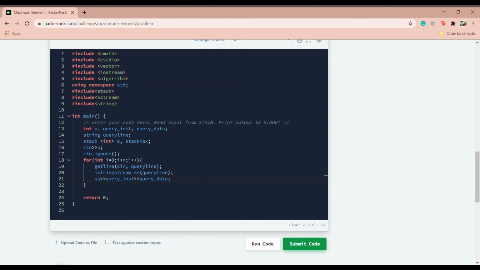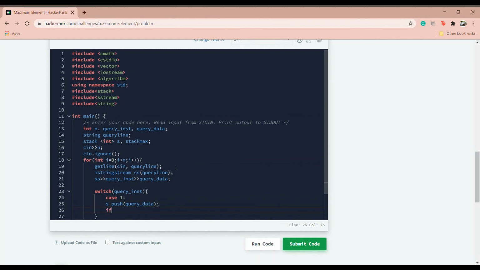So after this, we will be using a switch case, switch query instruction. So case 1, that is when query instruction is equal to 1. So we will obviously push the element, so s.push(query data).